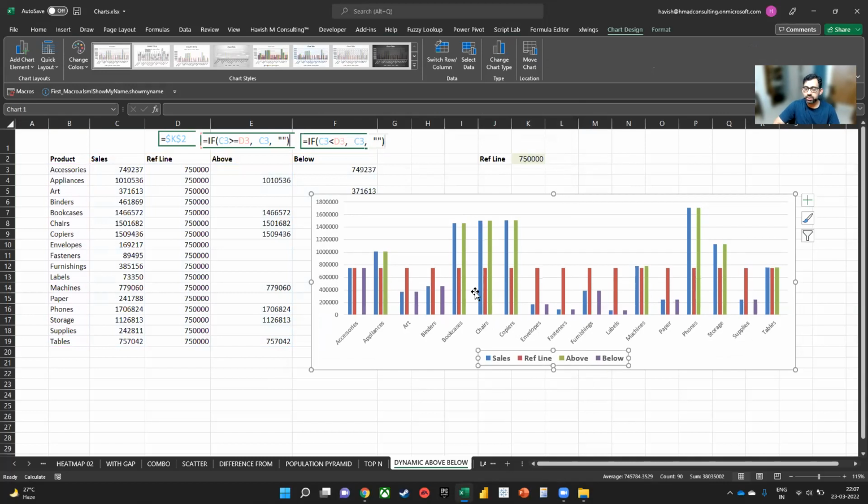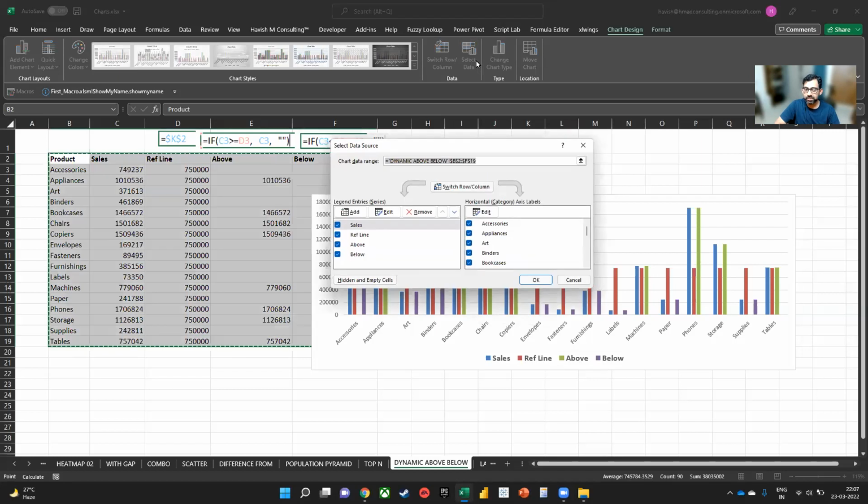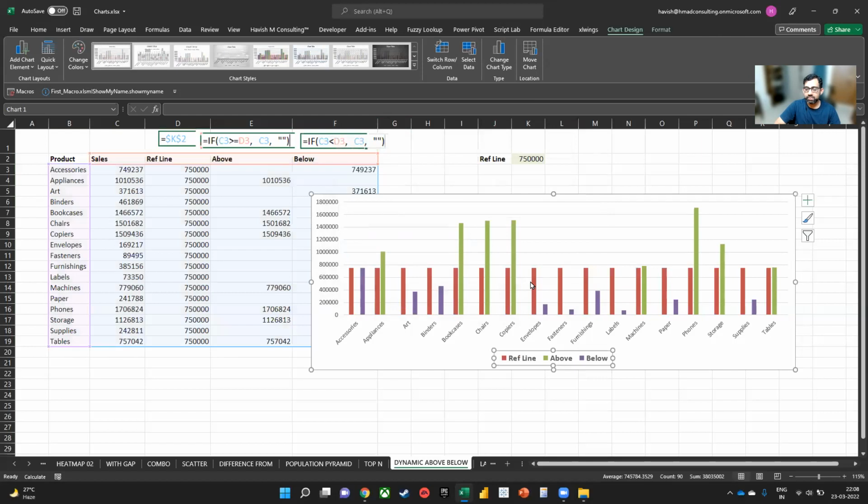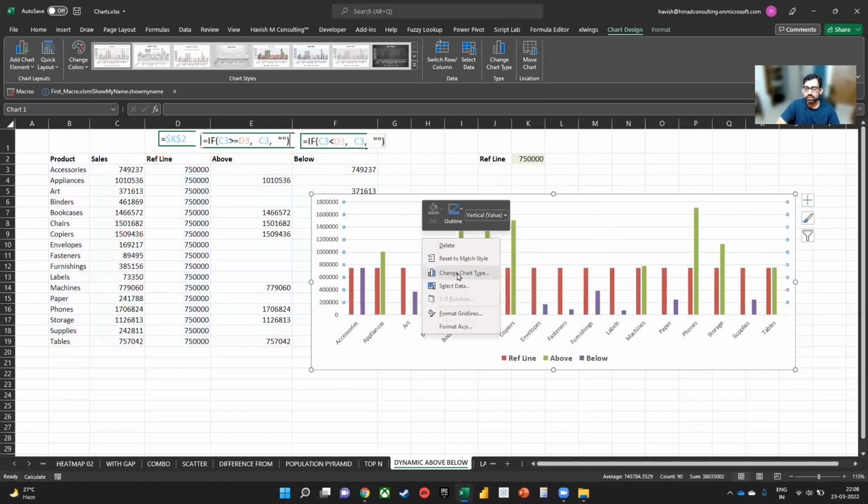The actual sales value is the blue color, which we don't want because when we're showing the above and the below, I don't want to show the same number 2 times, right? That is why we go to select data and I will deselect the sales value. This means we don't want to show the sales value on the chart. So it's a little better now. Now this red is supposed to be a horizontal line because that's the reference line. So it should not be a column, it should be a line. So right click, change chart type. And then on my combo chart,